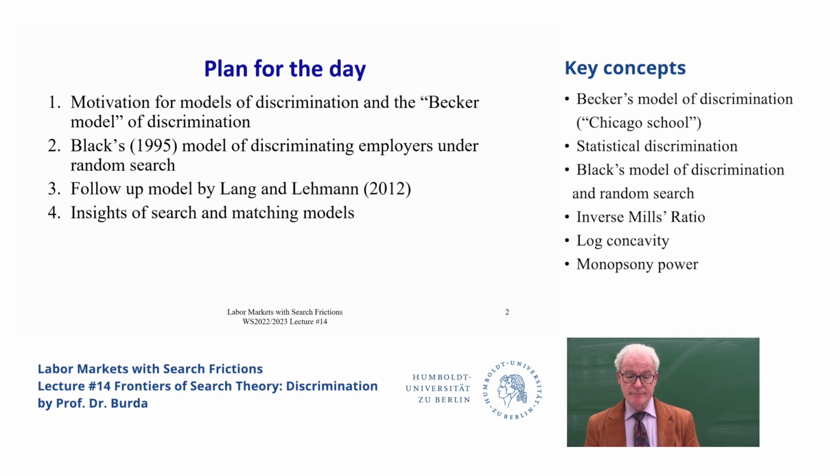So this could be motivated by racial or gender-related motives. It could be related to statistical inference. So you might use observable characteristics to make inference on the underlying distribution. And of course, these two models, if you think there is discrimination, have different implications for efficiency and for what we should do about it, whether we should intervene, pass laws, maybe try to improve the information available to employers